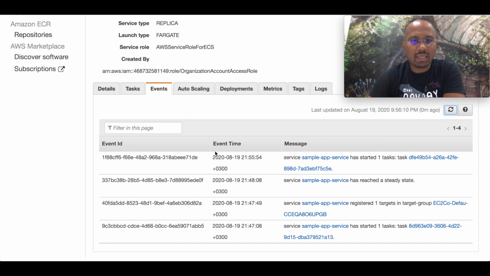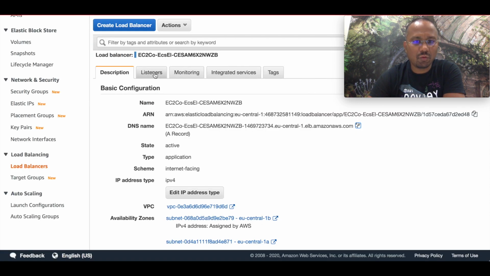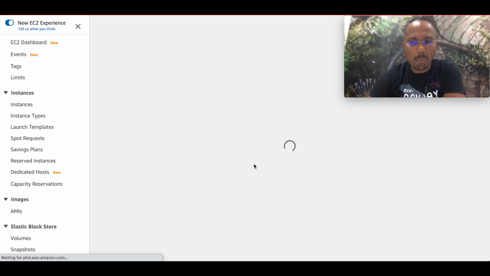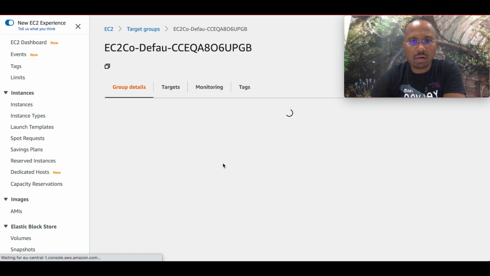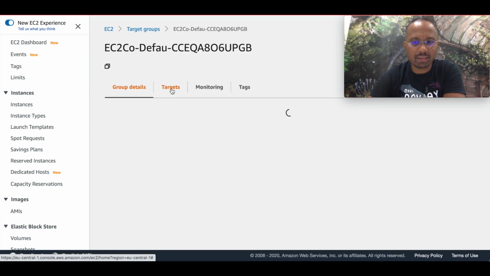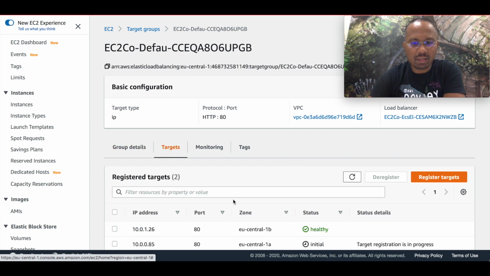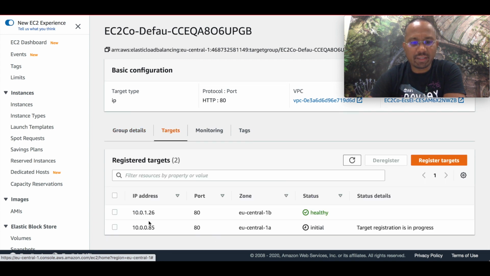And again we can see the same with the load balancer, with the target group. If we go to the listener, go to the target group, here we will see the two containers in the target. One new is coming up, and we see the status is initializing.